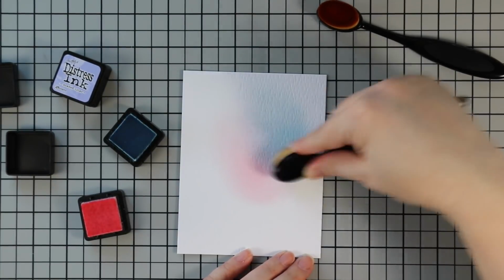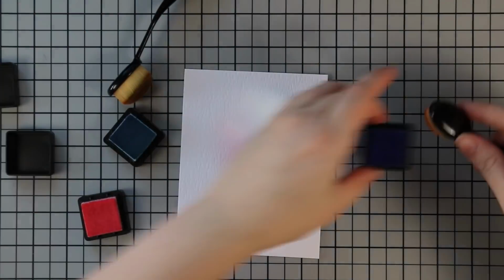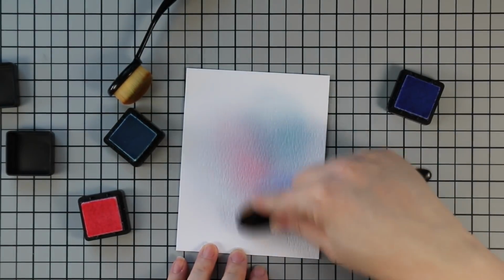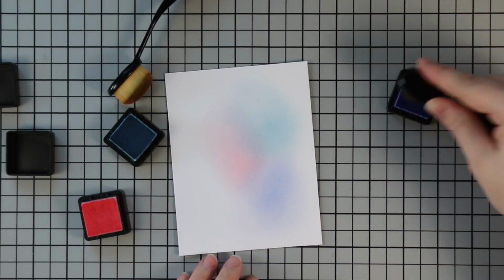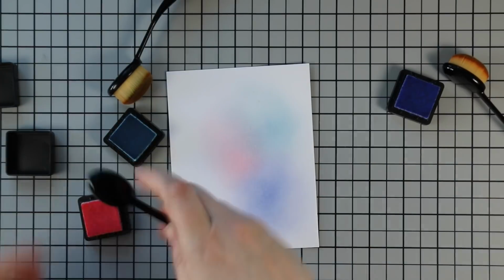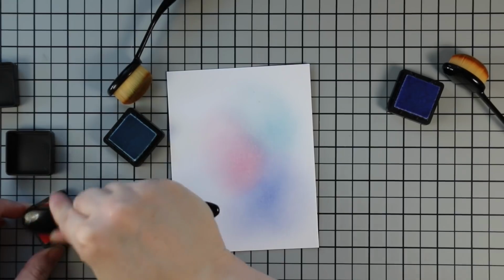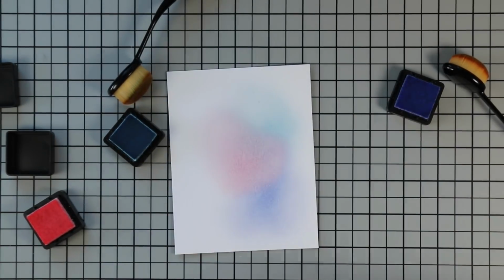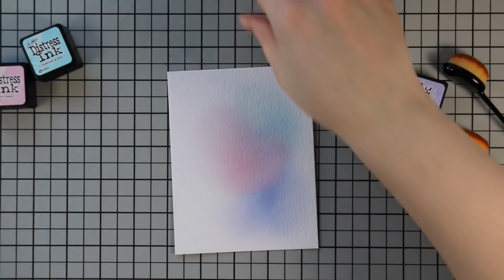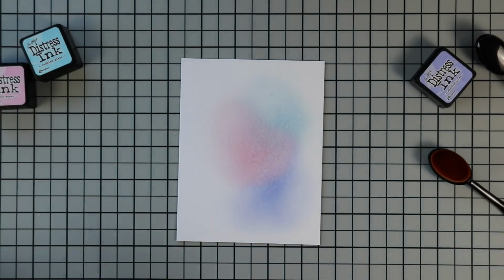I've said this before, you don't need all of the sizes and you don't need multiples of the brushes really. This medium size I have multiples of because I like having extras. Again, you don't have to do everything I do, don't have to have everything I have. I just like it because it's convenient. But you can easily wipe these brushes off in between on the microfiber cloth, and like I've shown in other videos, I've done all my blending with multiple colors with one brush. So I just like having more than one. It's a convenience thing. So I blended the 3 colors on and then I sprayed it with my Distress sprayer